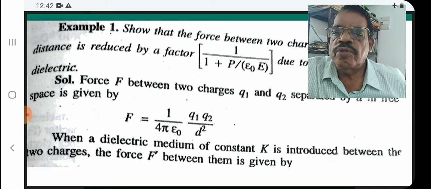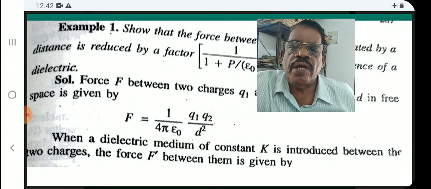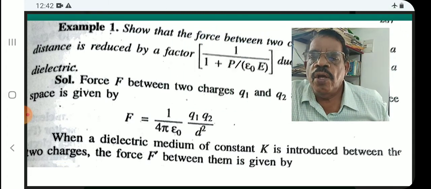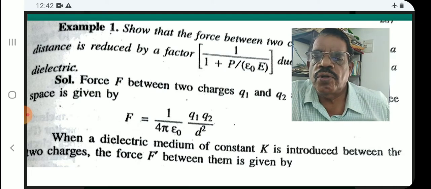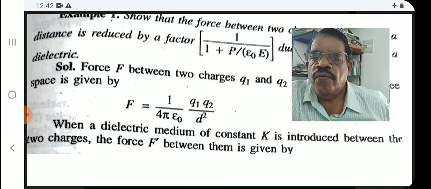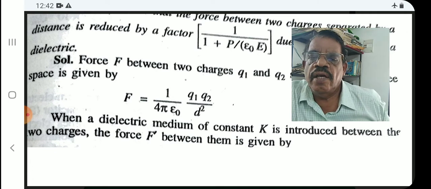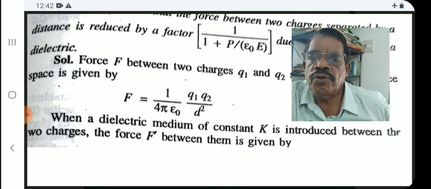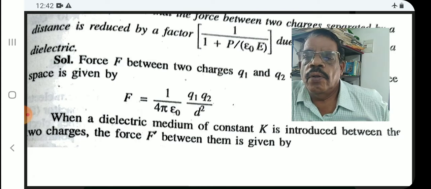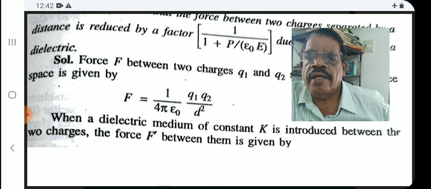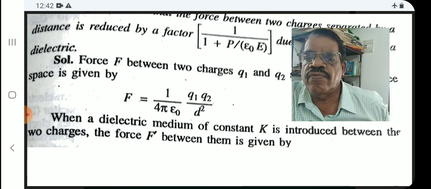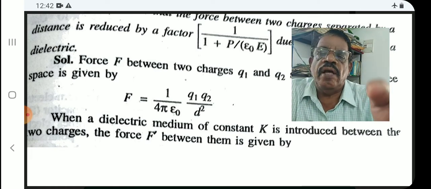And you know the force between two charges Q1 and Q2 separated by distance D is given by F is equal to 1 by 4 pi epsilon 0 Q1 Q2 by D square. When a dielectric is introduced, epsilon 0 we have to replace by epsilon 0 K or epsilon 0 epsilon R. When a dielectric medium of constant K is introduced between the two charges, the force F dash between them is given by